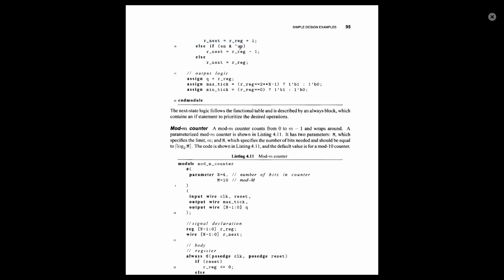If enable is activated and up is not activated, then it will generate down counting. Else it will keep the current state the same. Okay, and this is the output logic. R reg will be directly applied to Q. This is the maxtick logic. This is the mintick logic. Okay, so it's very simple logic.